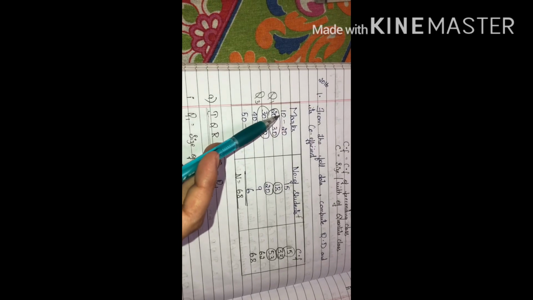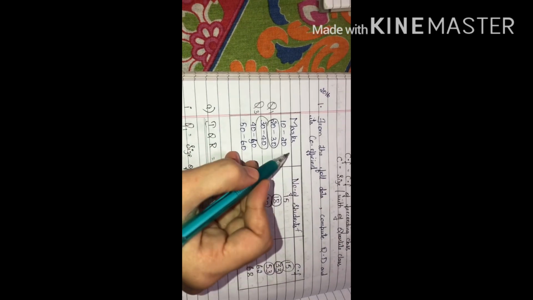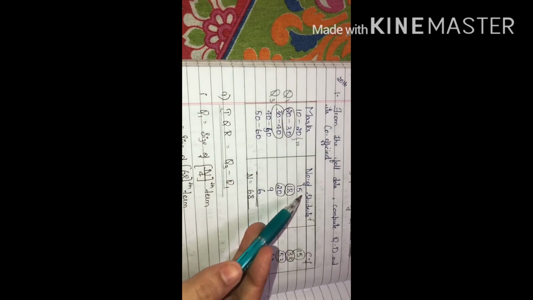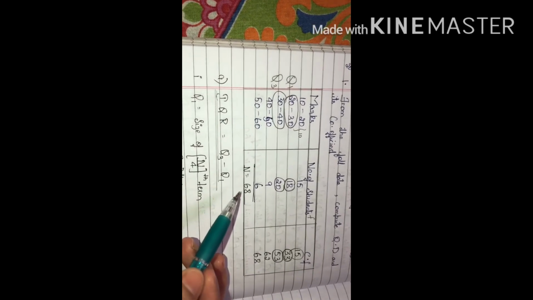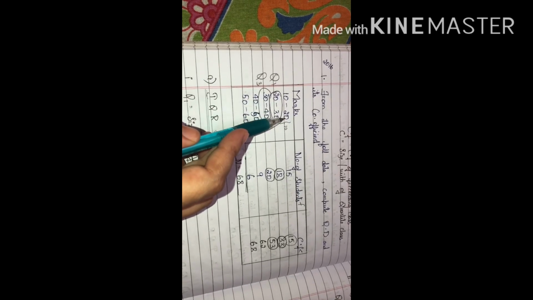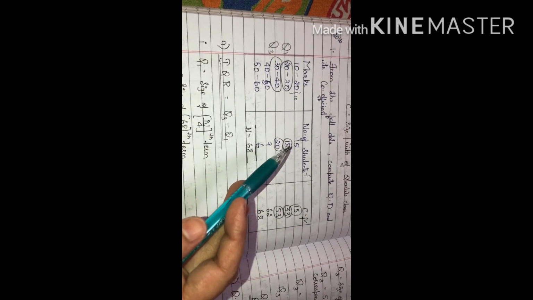Now the data are like this: 10 to 20, 20 to 30, 30 to 40, 40 to 50 and 50 to 60. So what did you understand? The difference between all the class intervals is 10. Under continuous series, it is very necessary to identify the cumulative frequency less than. You already know why we need this: if it is the individual observation method, we could directly identify the actual value. Since here it is a continuous series, we will not know exactly what the answer is, so you have to identify the cumulative frequency, keeping frequency as the base.